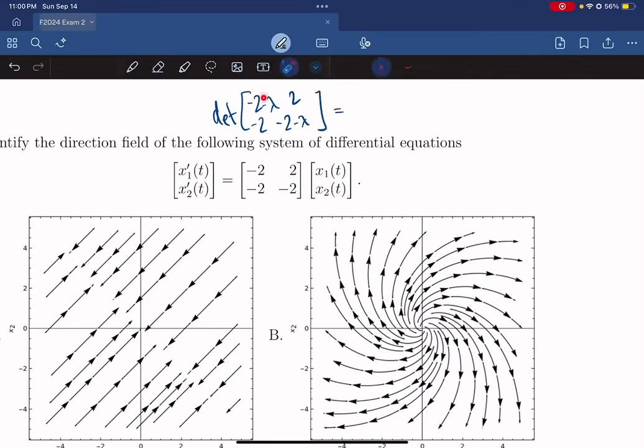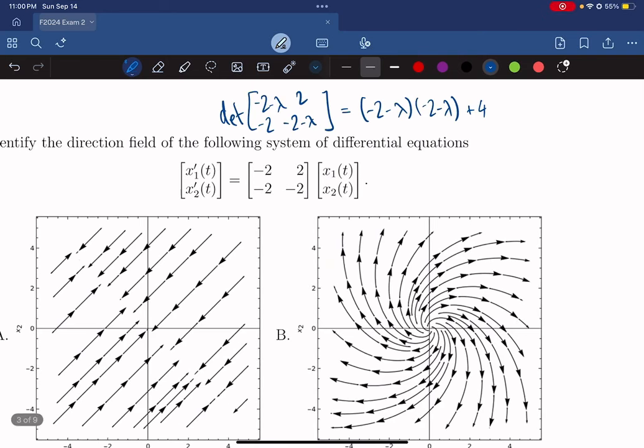Then you do your cross multiplying, so that times that minus that times that. And with that you get a square. From there, you get,